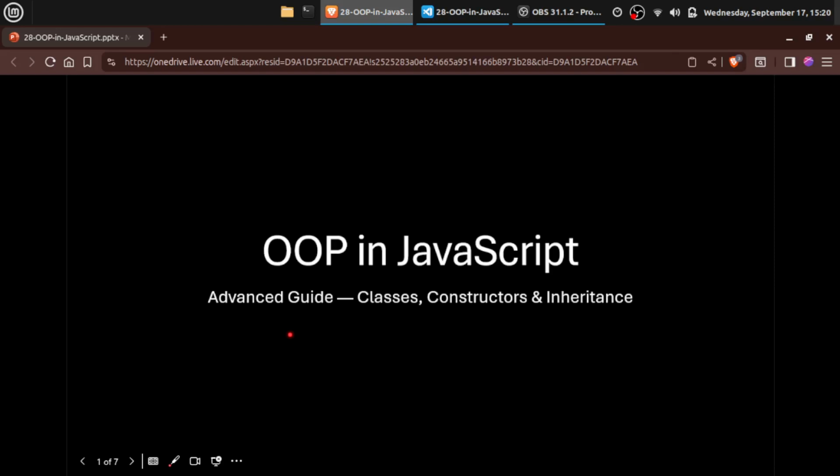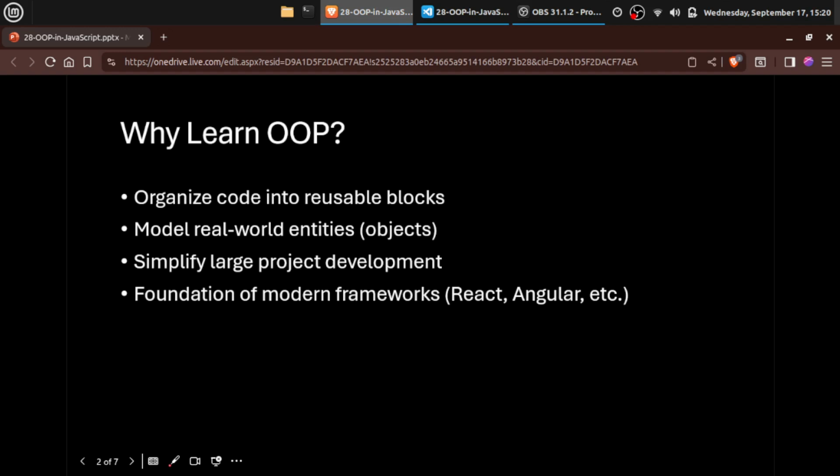In today's video, we are learning about OOP in JavaScript. We will cover classes, constructor, and inheritance, the core building blocks of OOP in JavaScript. So, OOP helps us write code in a structured and reusable way. Instead of repeating code everywhere, we can bundle related properties and methods inside objects. And it also makes our code much easier to manage, especially in large projects and frameworks like React and Angular